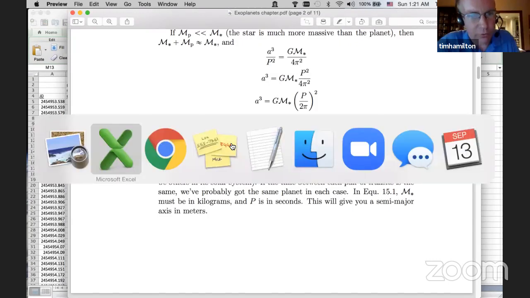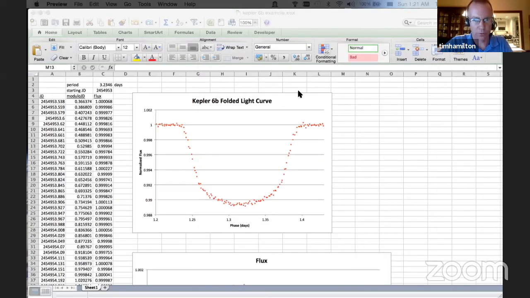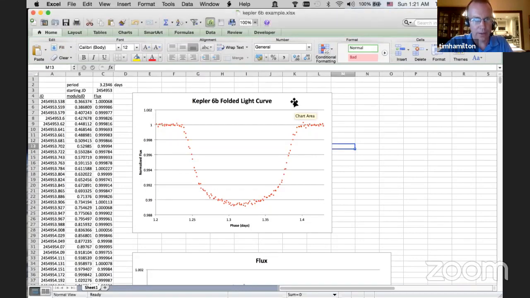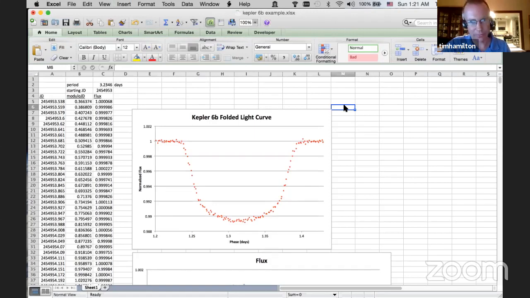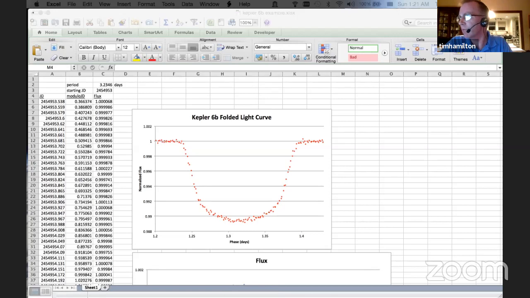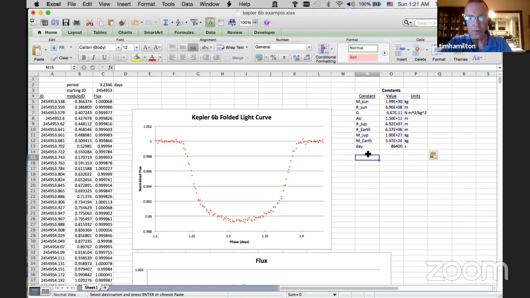All right, so let's put that in. I'm going to bring this off to the side so I can look at it while we program it here. And again, when you're doing this as a Python notebook, it makes it very easy to program to calculate these kinds of numbers. I don't have to retype everything because I already made myself a list of constants, things that I'll need anyway. There we go. So I've made this list of constants here.